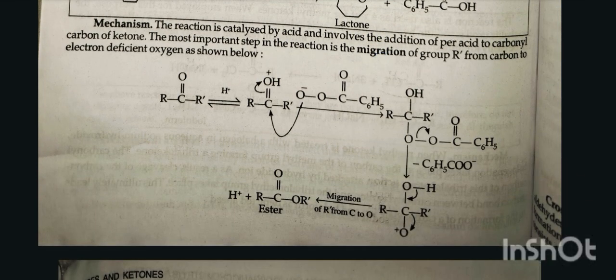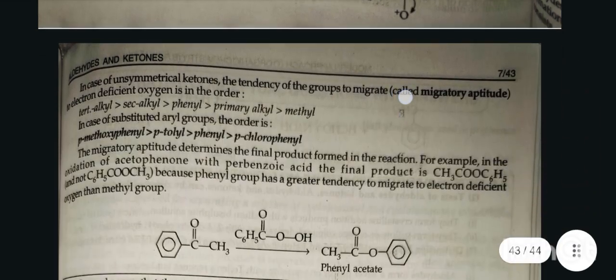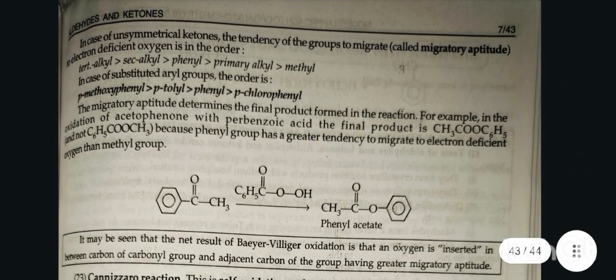Mechanism: the reaction is catalyzed by acid and involves the addition of peracid to the carbonyl carbon of the ketone. The most important step in the reaction is the migration of the R' group to the electron deficient oxygen, as shown below. In the case of unsymmetrical ketones, the tendency of a group to migrate, called migratory aptitude, to the